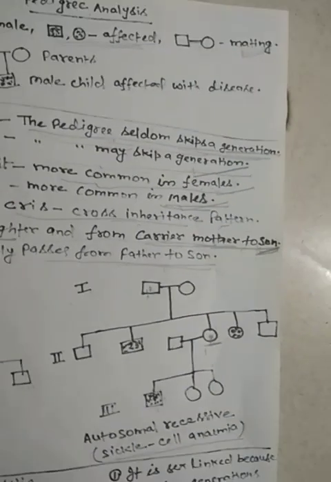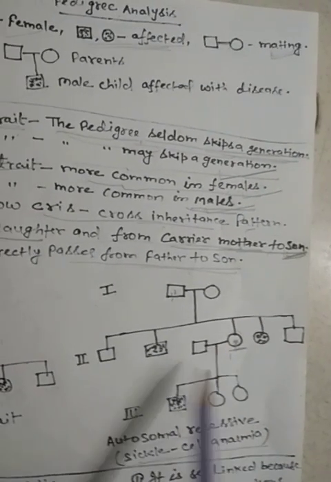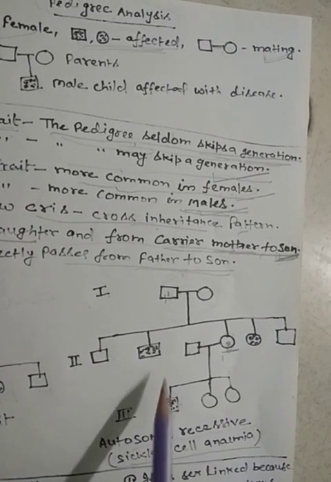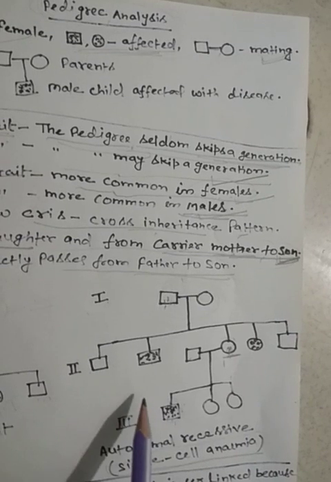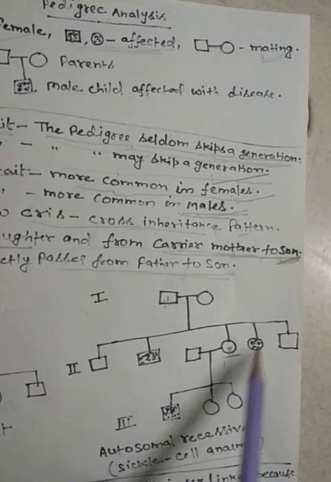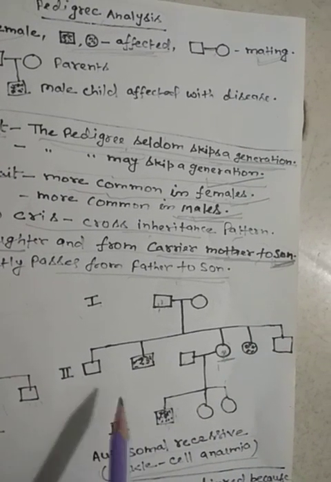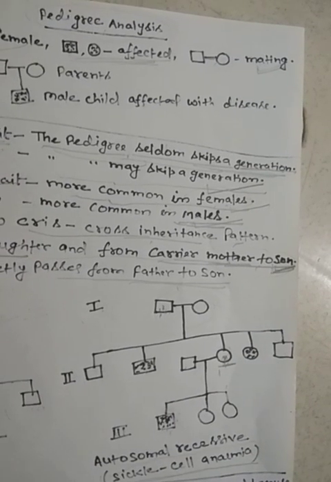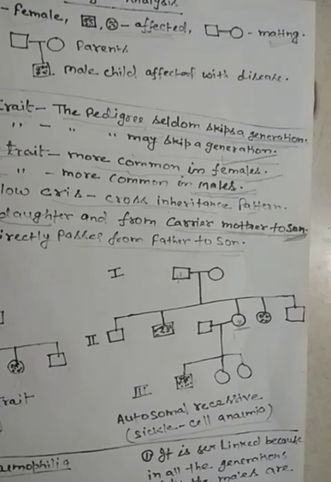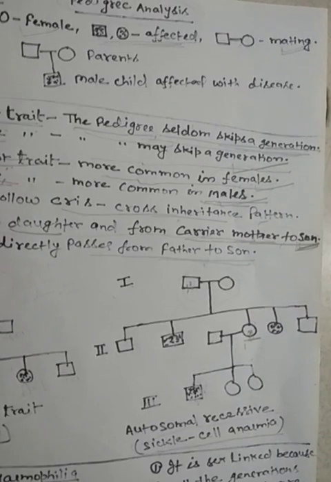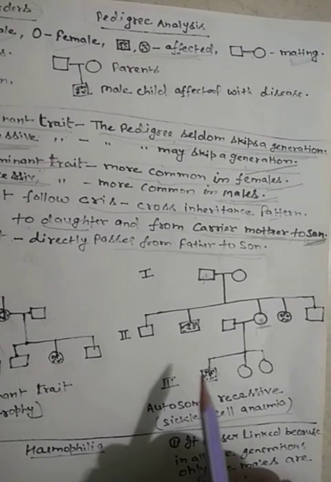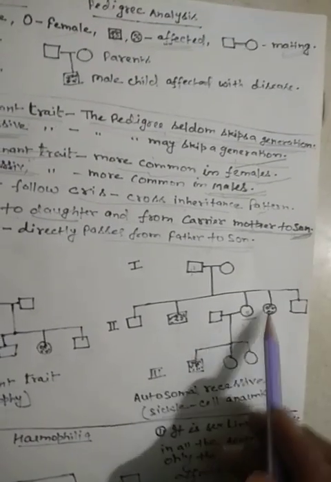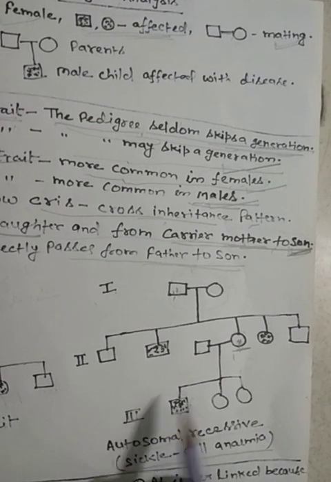So we solved two questions: whether this chart is dominant or recessive, and whether it is autosomal or sex-linked. Now we have learned that the given disease is autosomal recessive. And now suppose the question asks you to find the genotype of the individuals. Because we already proved that this is autosomal recessive, for the gene we can use the letter A as a symbol.